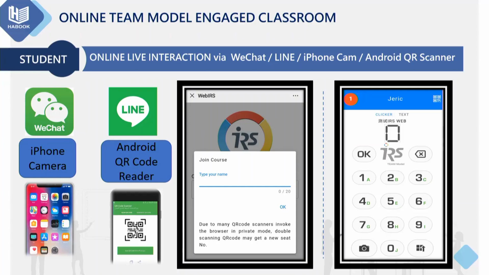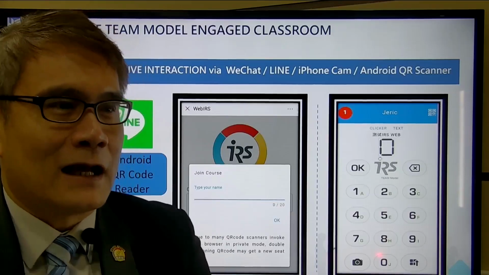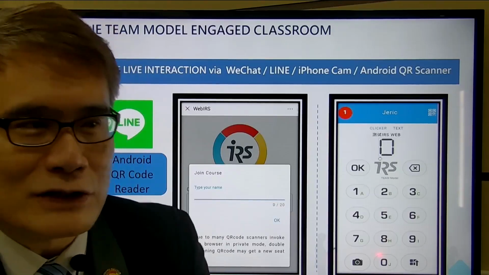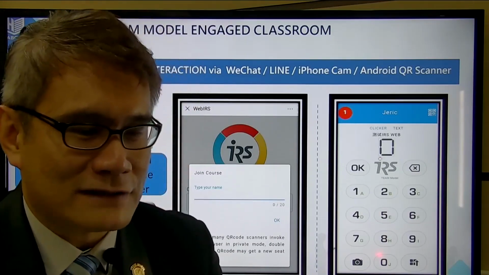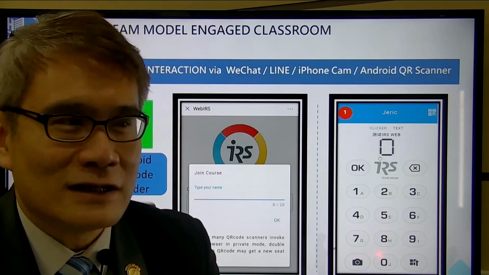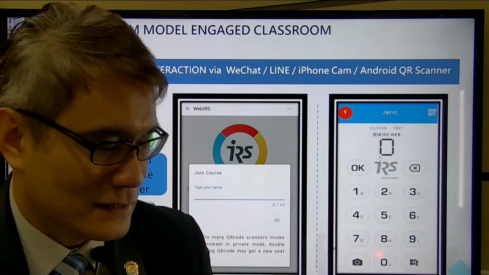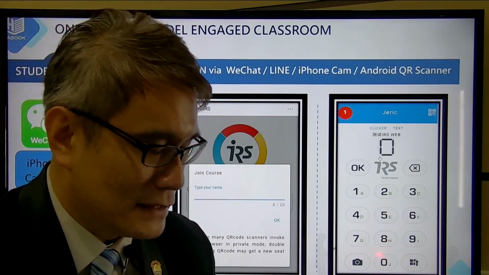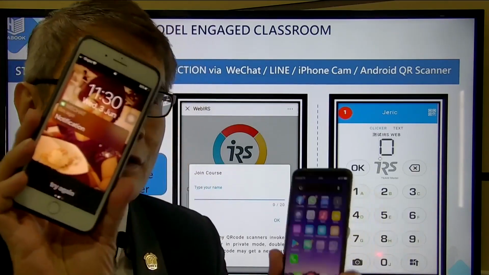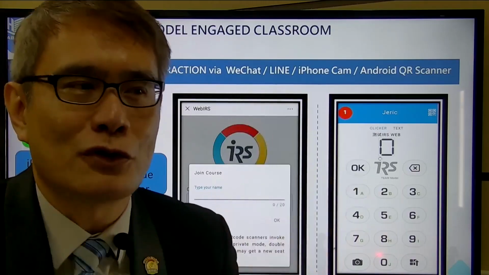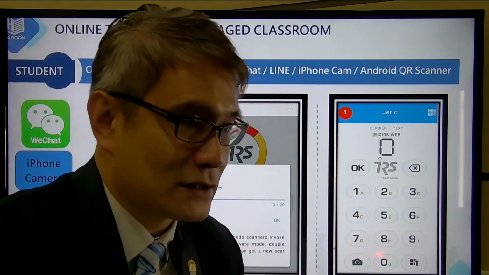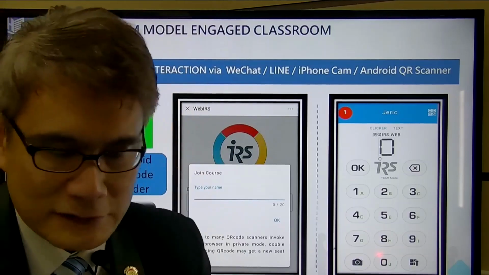We are now ready to show you a very simple demonstration of how you can achieve this simply with either your iPhone or your Android phone. I'm going to show examples. So what we are going to do now,